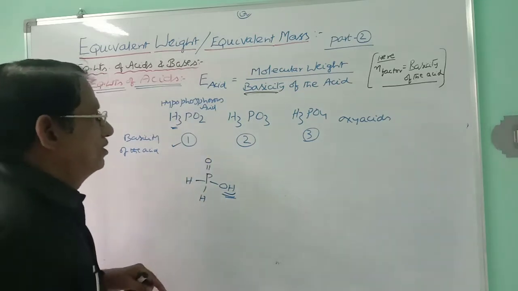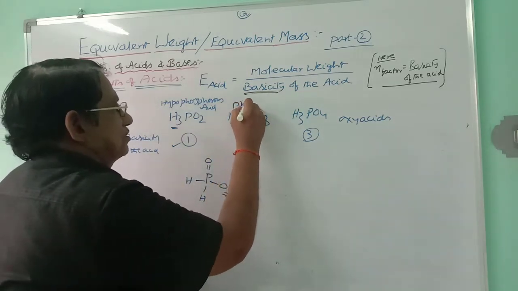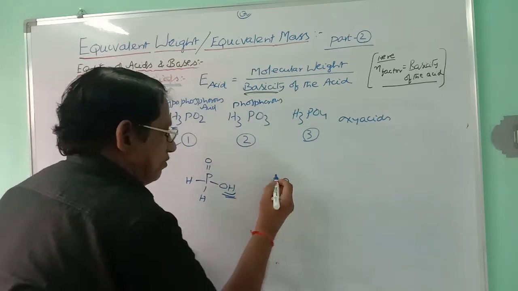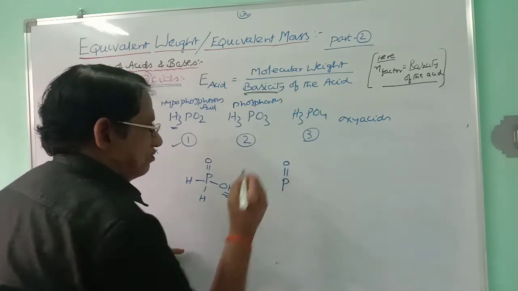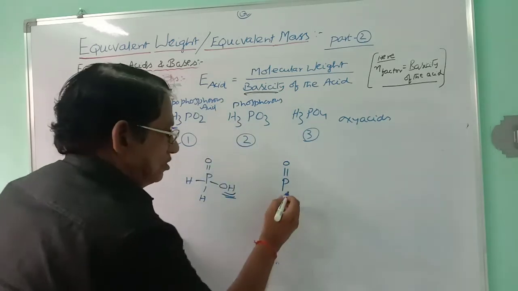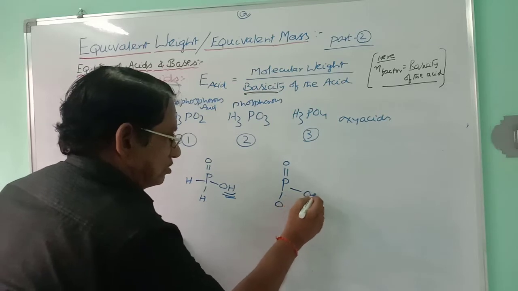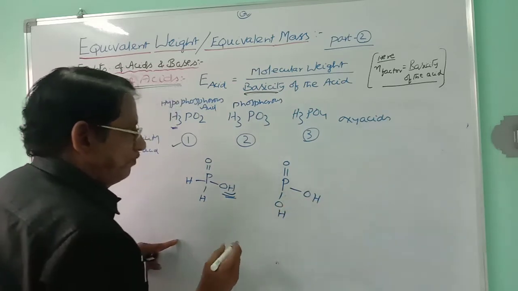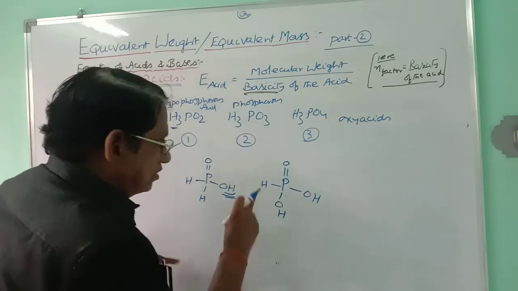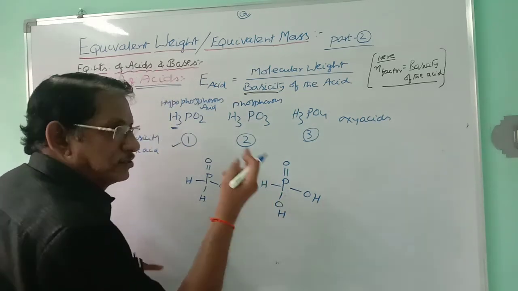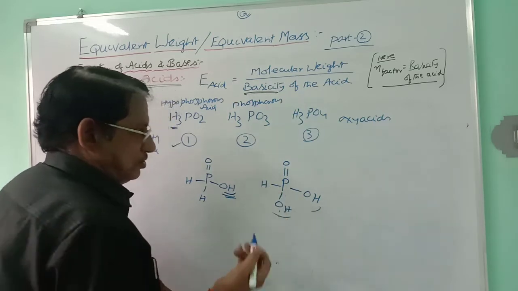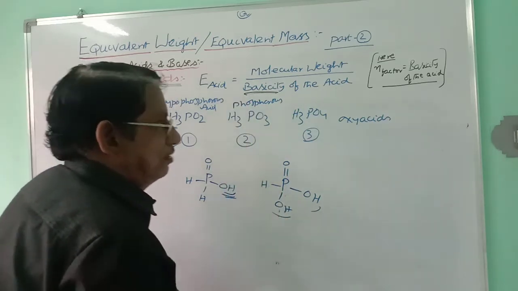So its basicity is equal to 1. In the case of phosphorus acid, in this structure, first of all you have to give one oxygen to phosphorus through a double bond O. Still there remain two oxygens, like this. Every oxygen will be carrying one H each. Still one H remains. That H is directly attached to phosphorus. This is not acidic because that is directly linked to phosphorus. These two hydrogens are acidic, and so this is a dibasic acid.